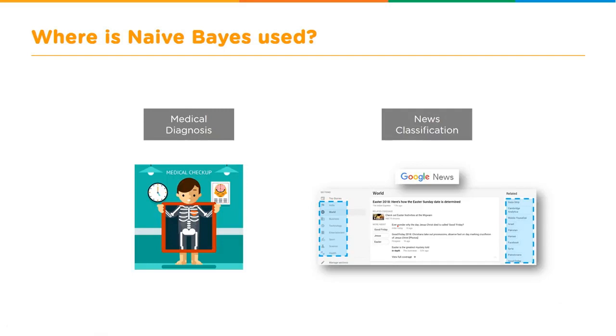Apart from that, there are a few other applications, such as news classification. We already discussed online news classification based on text. And there are other applications, such as messages coming from social media networks, where it can be used to determine whether something is fake news or correct news. So these are the few areas where the Naive Bayes application is majorly used.